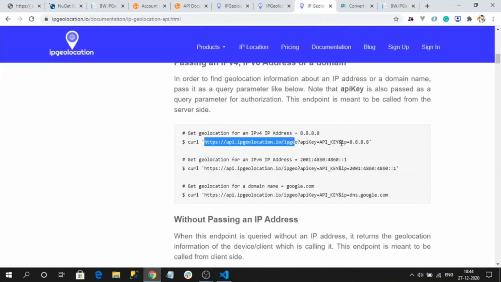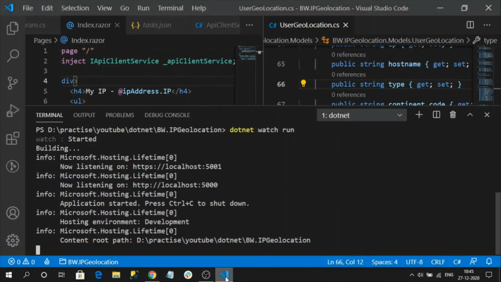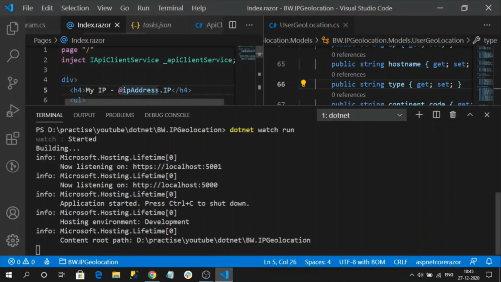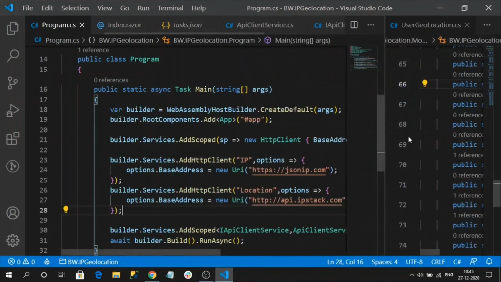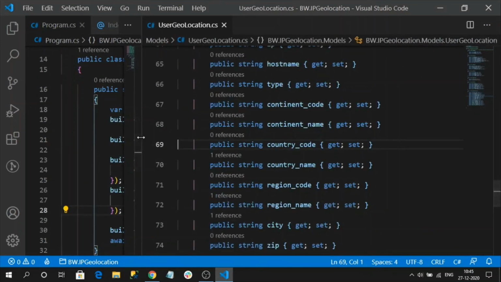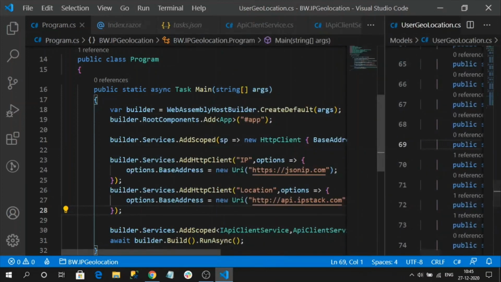Here also we need to pass our IP address and the key. A bit different from the previous geolocation endpoint. Let me show this as well. So what I will do, I will just modify the existing code so that if you want, you can use this free subscription plan where you will get an HTTPS domain. So I will change some existing code so that at least we can see how the response for this API will look.